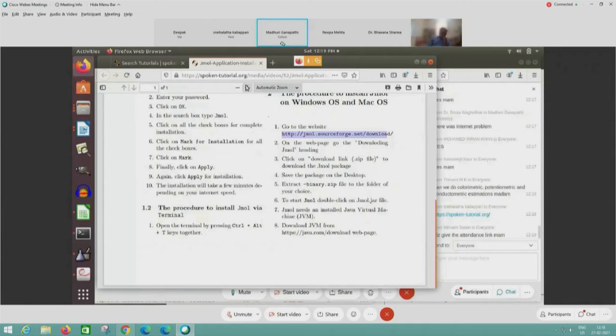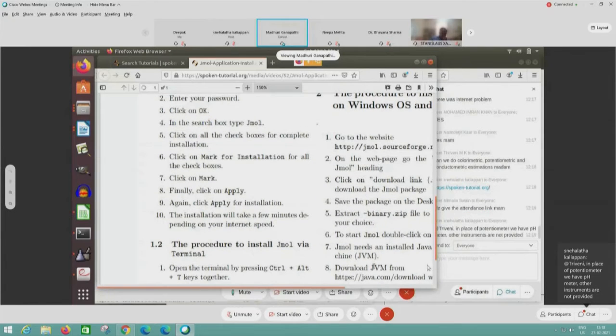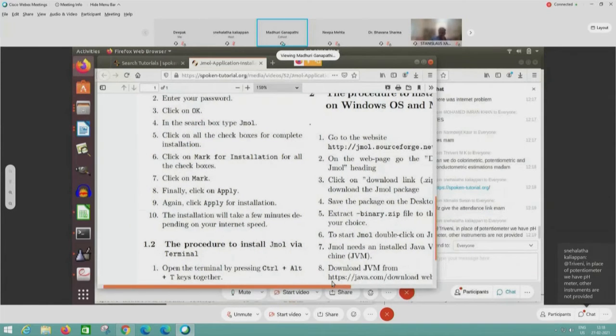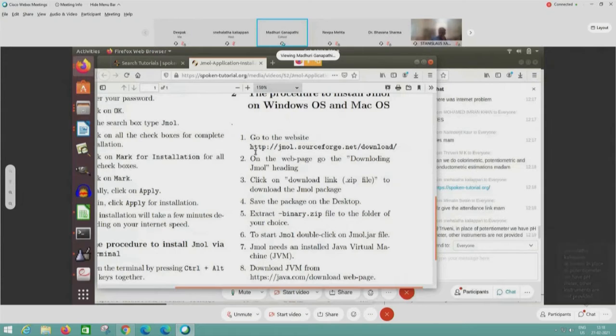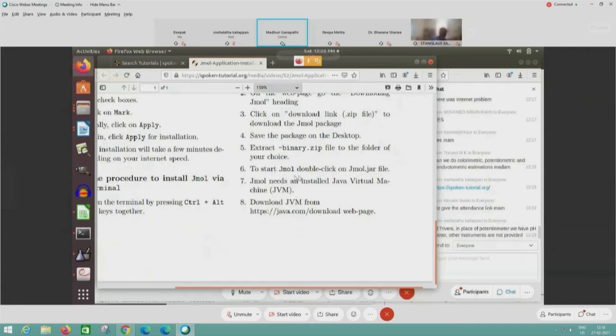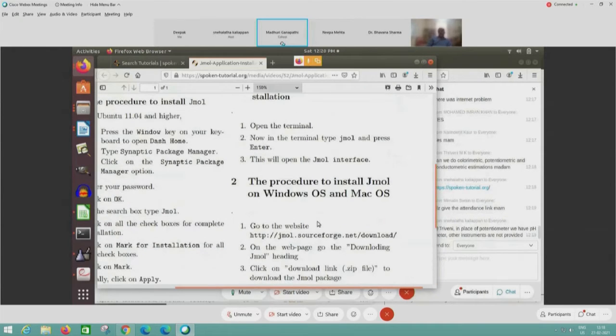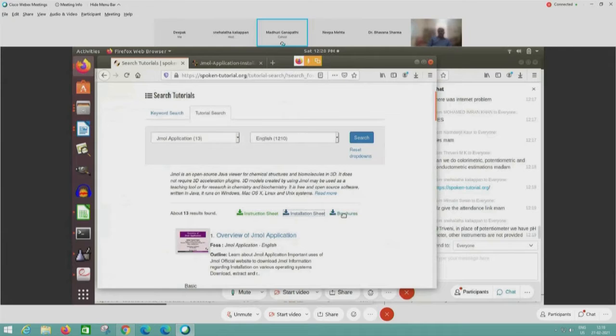Maybe I will expand a bit. Here is the source link to install JMOL, and then the binary. Along with that we also have the Java link given, because even JMOL requires Java. So the installation procedure is completely shown, and apart from that we have information given in the brochure.